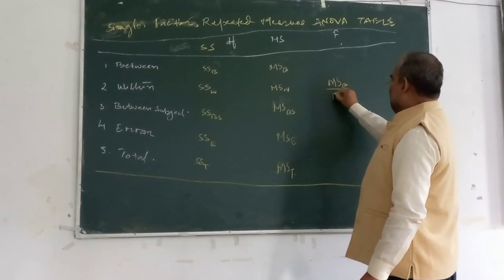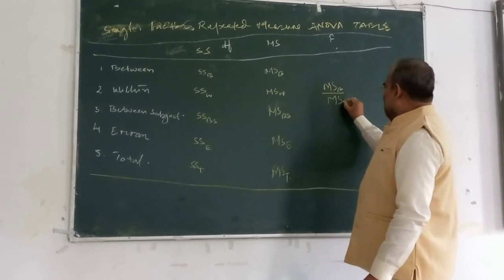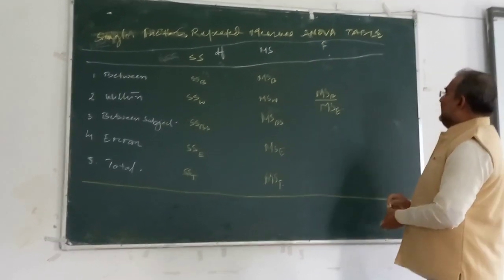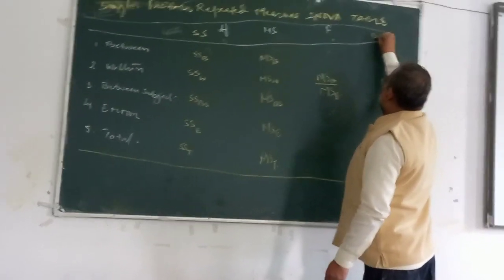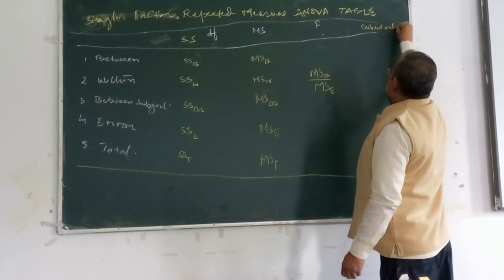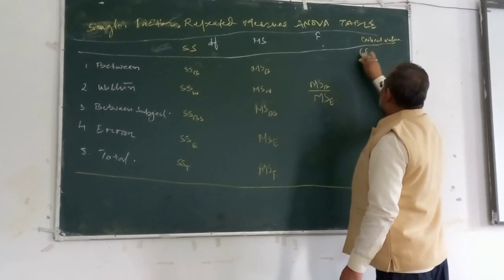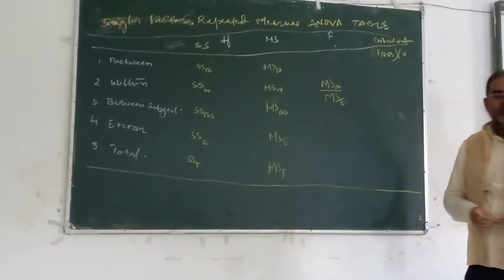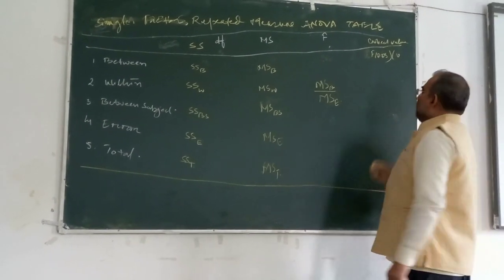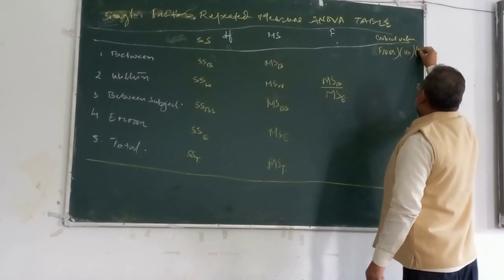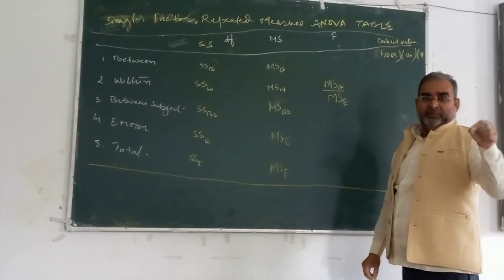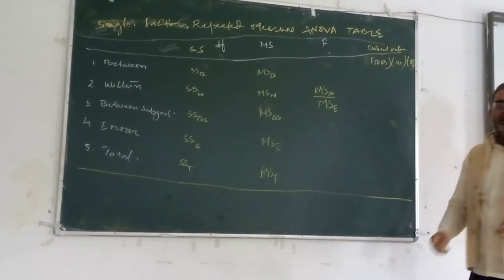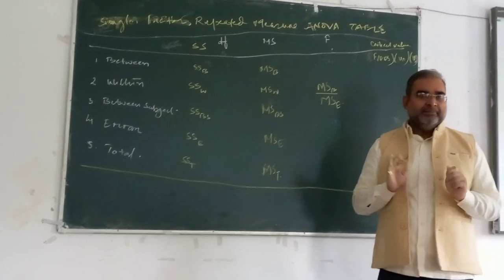And that is again represented here as critical value, that is F at 0.05, DF of between, DF of E. Here not W, here E. So that you analyze the rejection or acceptance of the null hypothesis. Clear?